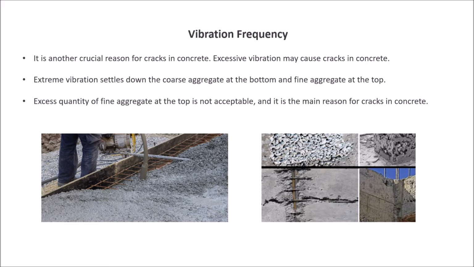The third one is vibration frequency. As we all know, while casting the concrete slab, we have to use vibrators so that there are no voids or honeycombing. If excessive vibration is provided, it also causes cracks in concrete. So we have to provide vibration at the bottom and the top of the slab. An excessive quantity of fine aggregate at the top is not acceptable because